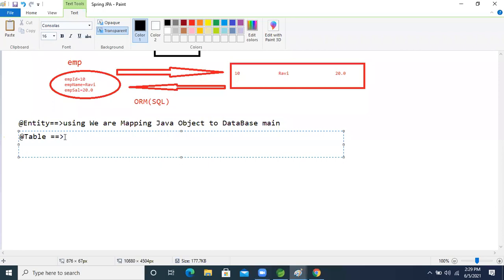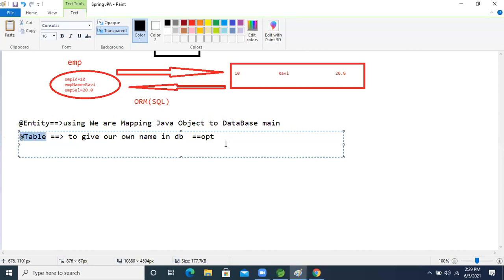Okay, so now there is the @Table annotation. This is used to give our own table name in the database, and it is optional.